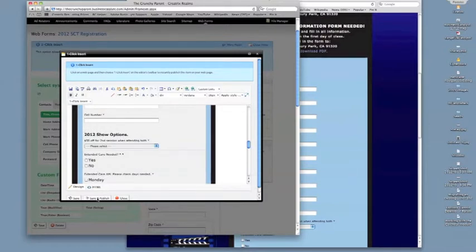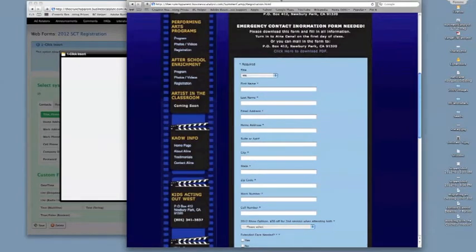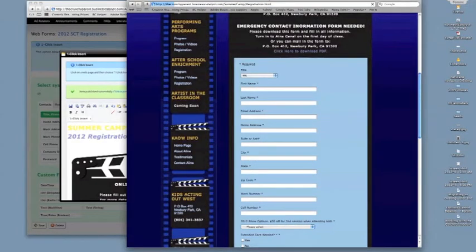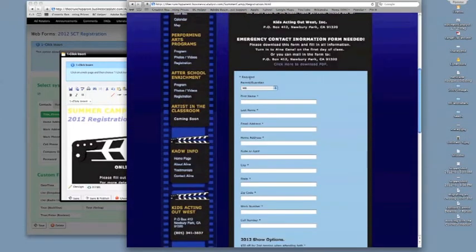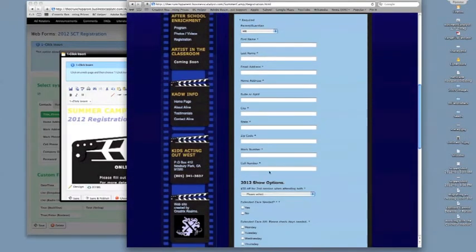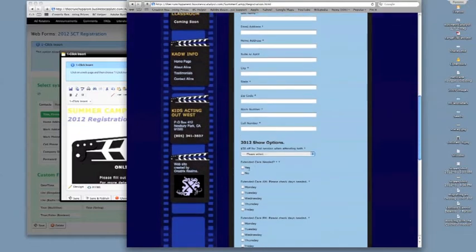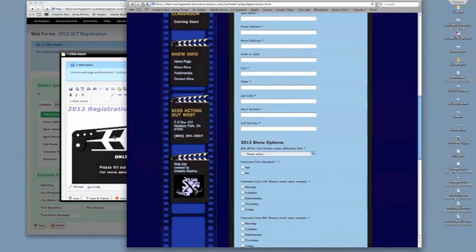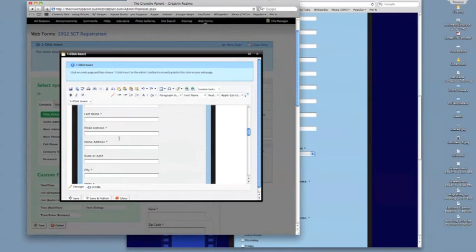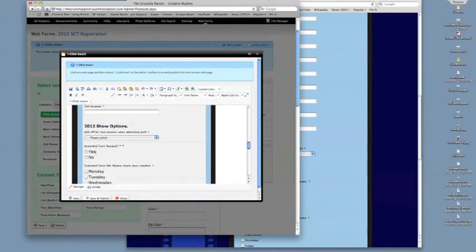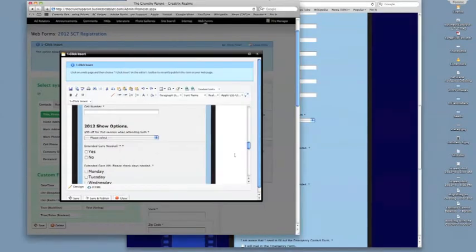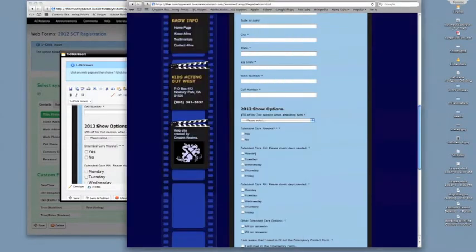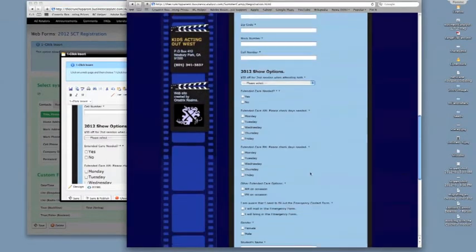I'm just going to save and publish this and take a look at it. And it's always good to check your work after you've made a change. This looks like it's updated here. If you'll notice, the fonts look fine here. Sometimes things don't register correctly. It looks larger here, but as you can see, it's the right size here. So like I said, it's good to take a look and make sure that it has the way you need